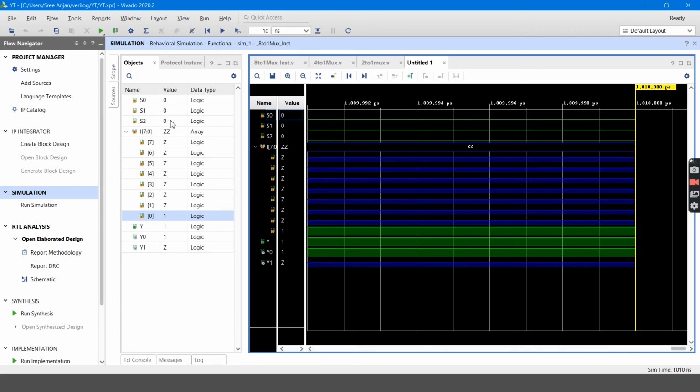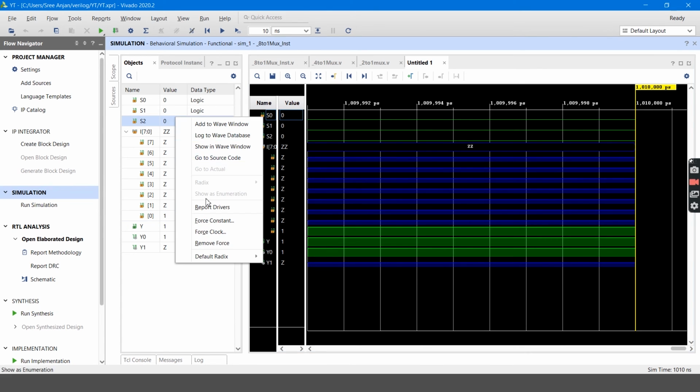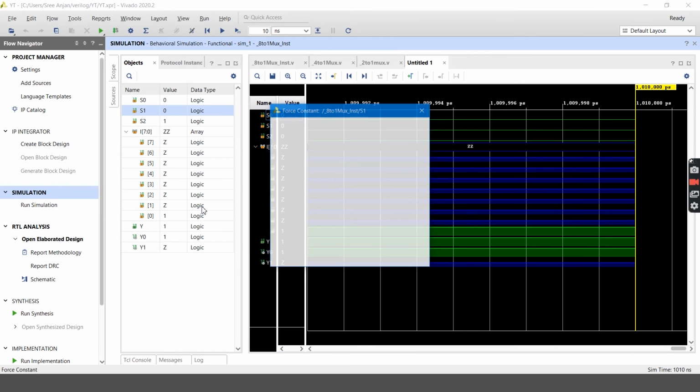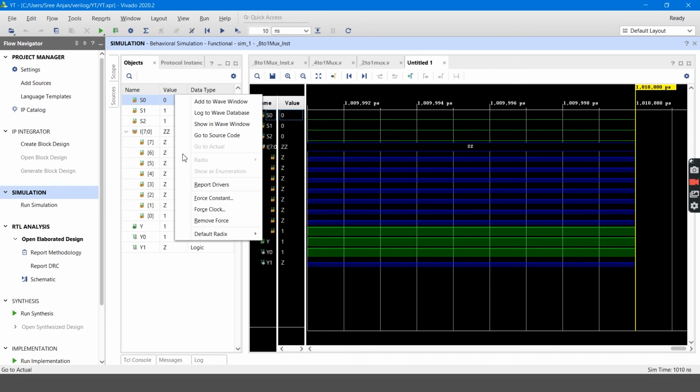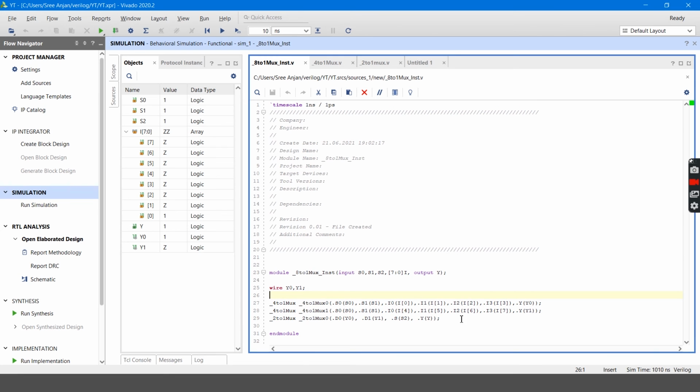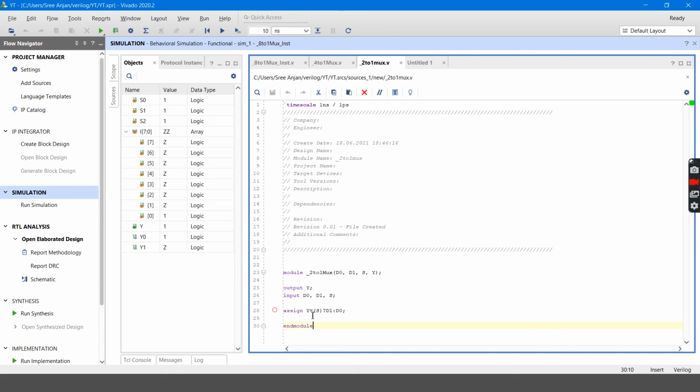You can also check it for 1 1 1 or any of the other values. I will take 1 1 1, so that in the first 4:1 multiplexer I will be getting I3, and from the second I will be getting I7, and from the 2:1 multiplexer, if it is 1 you will be getting D1.